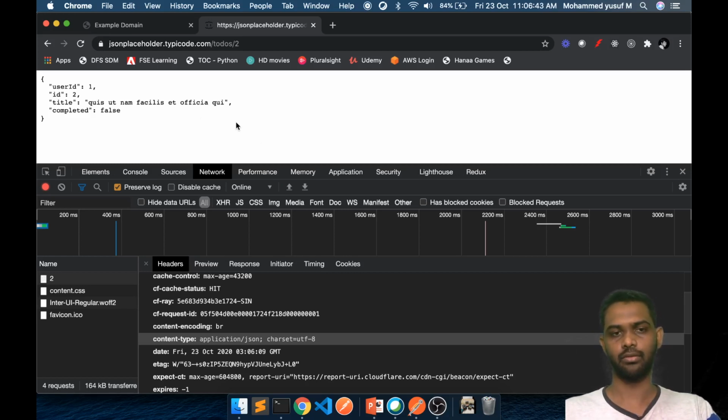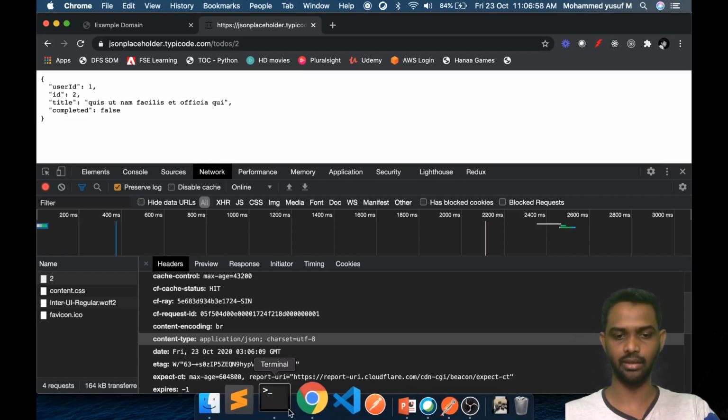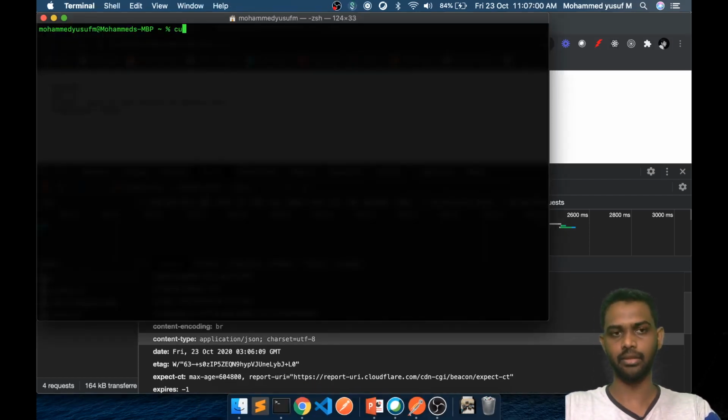Now to make an HTTP GET request, what you need is a way to invoke a GET request, right? Here we are doing it with the Chrome browser. At the same time, we can either create a program to do it, or there are other software which can do it. One more example I can give is something called curl. You might be familiar. The curl is a command using which you can issue HTTP requests.